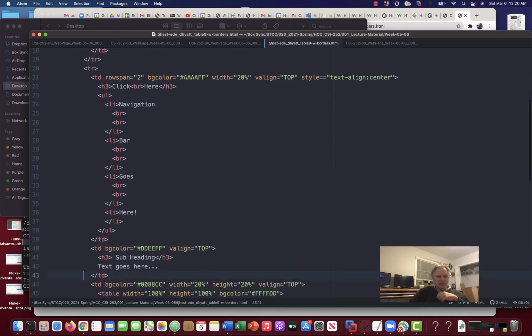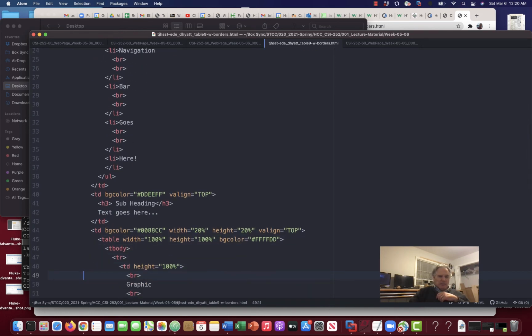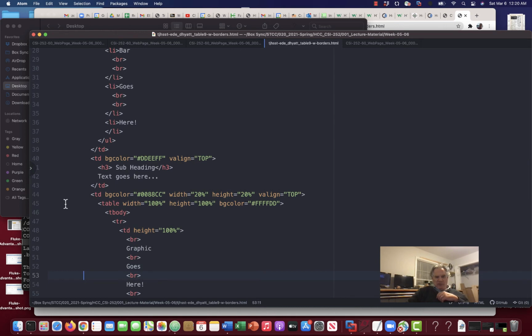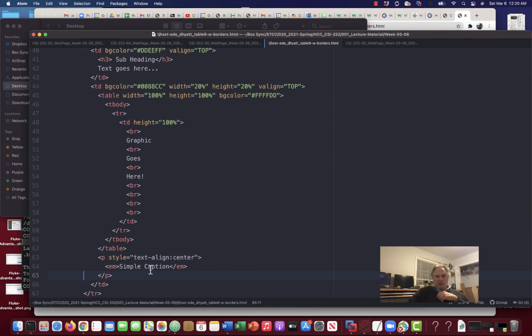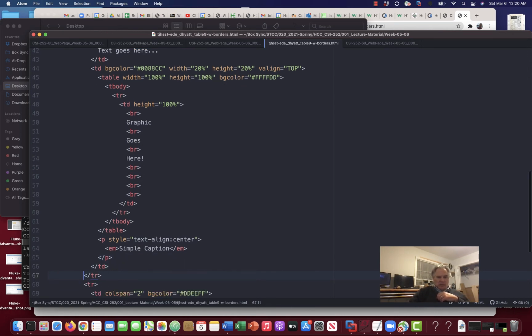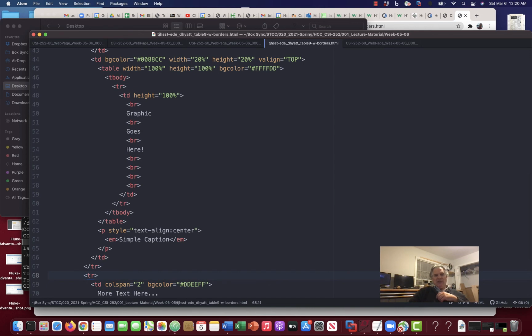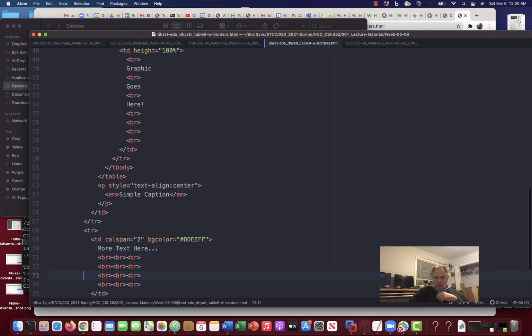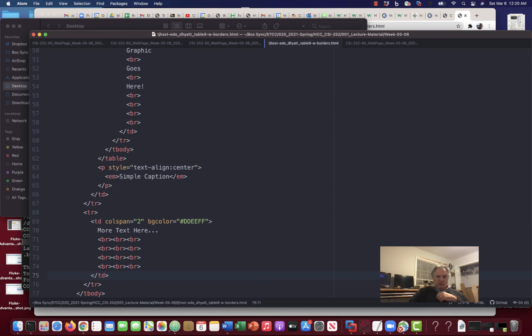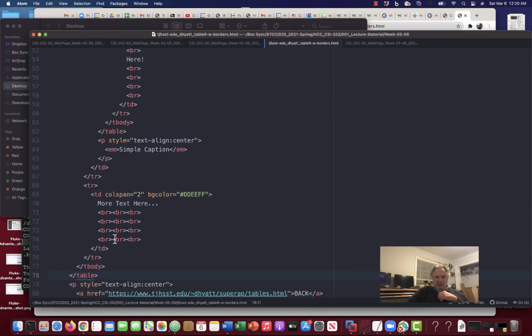I put in the indents just because it helps me stay sane. Then on this table row, you'll see another table in there with some stuff. Remember, graphic goes here, and then there's a simple caption down there, and then that table row ends, and then there's a third table row, col span 2, with a certain color and a bunch of those break characters, and then the end of that